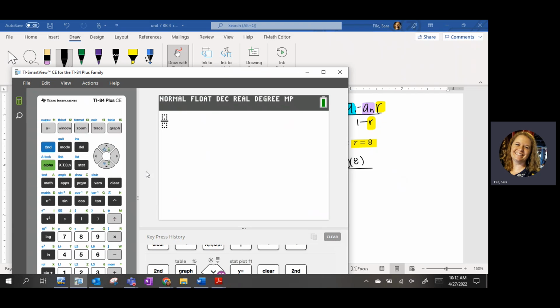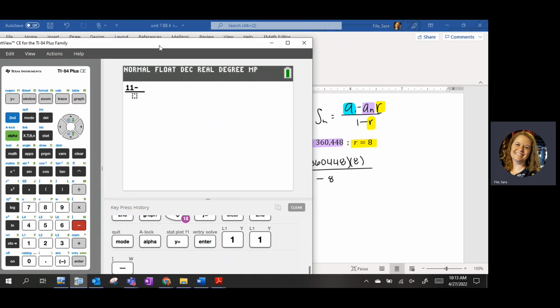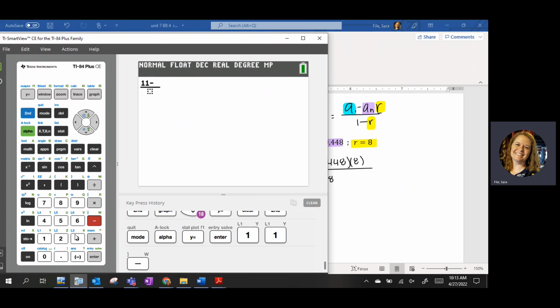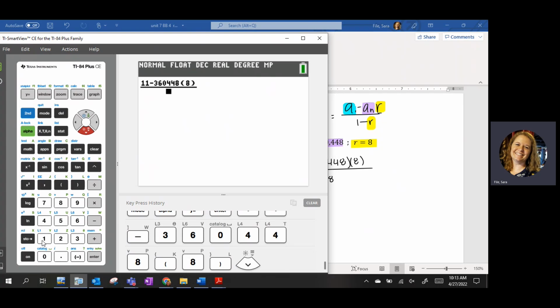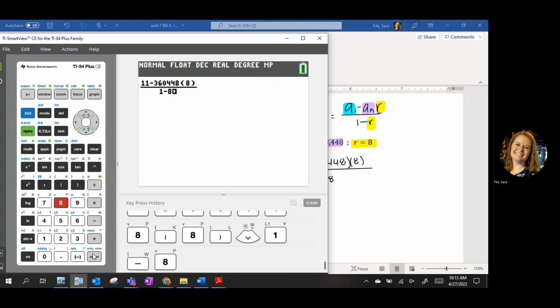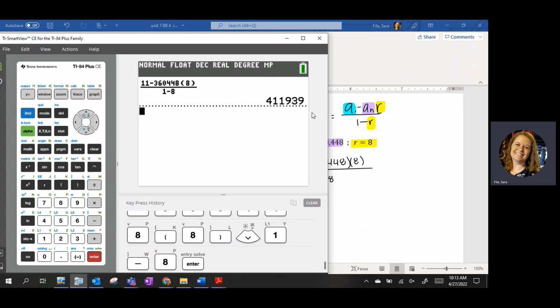Okay, so it's the 11 minus, and then it's that 360,448 times 8. Okay, all in that in the numerator, and then in the denominator, it's just the 1 minus 8. Okay, so this one comes out to